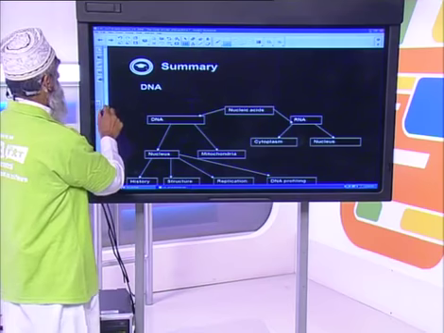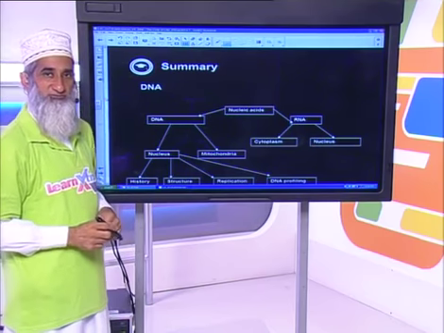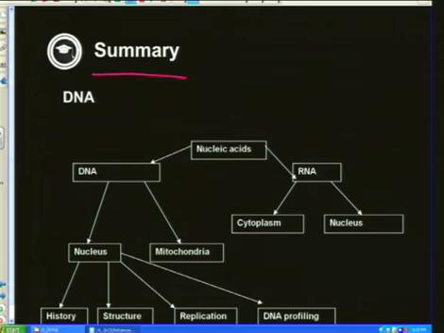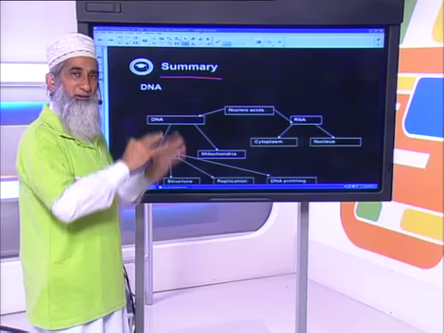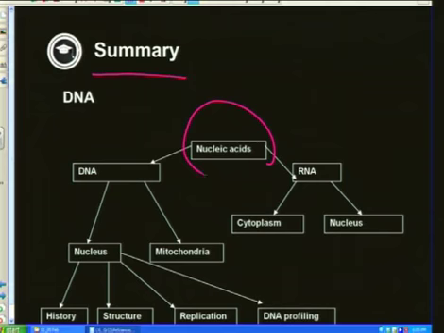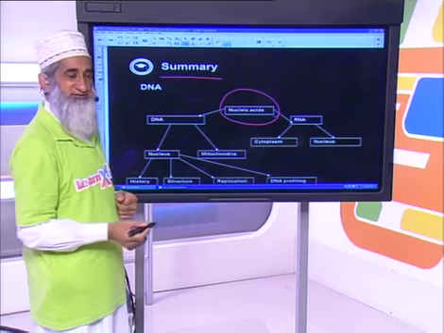Now let's look at what this section is all about. Summary of the work that we're going to do. What are we talking about? DNA. But we don't only look at DNA itself. On the whole, the section deals with nucleic acids. These are molecules that are found in the nucleus and the cytoplasm. What are these two nucleic acids that we are talking about?